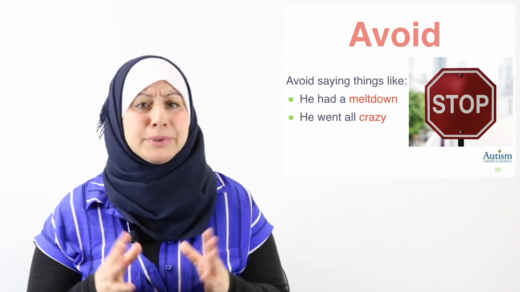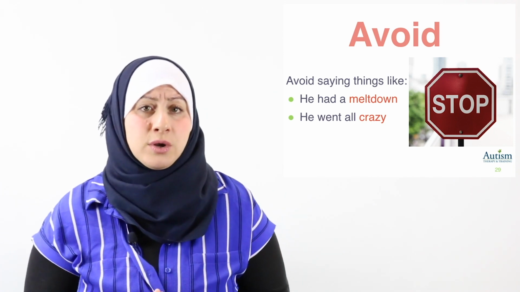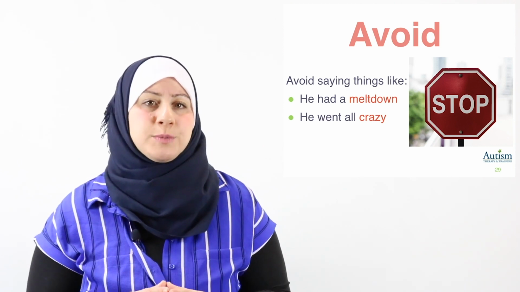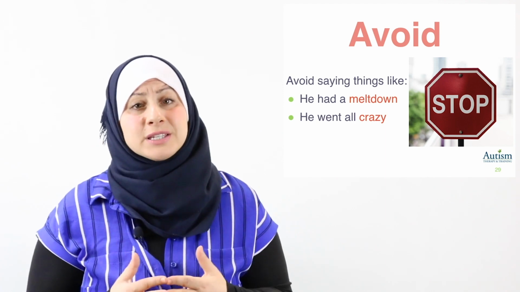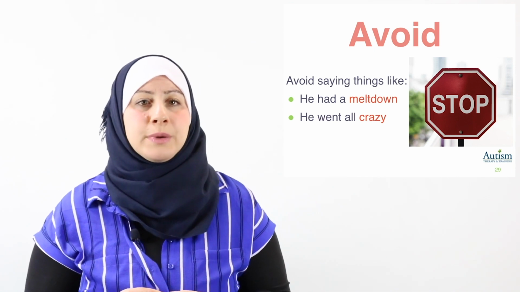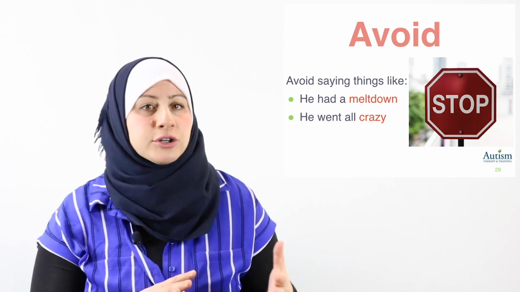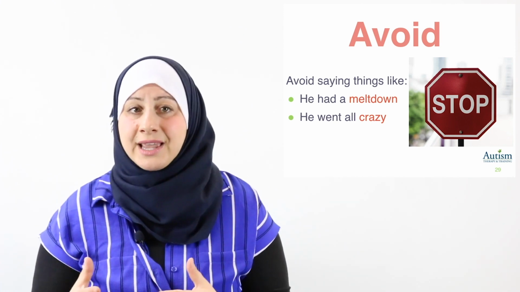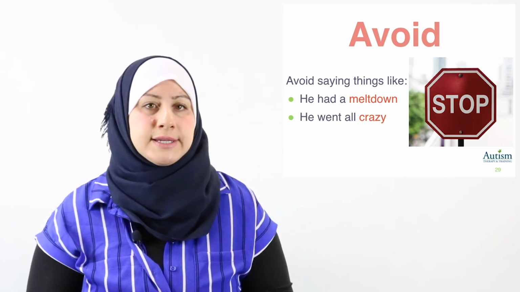And please, please, please avoid saying things like, he had a meltdown. One, I don't think it's a professional way to speak of someone's behaviors. I personally don't like saying that about clients because parents may get hurt by this. Using these kinds of words and that kind of language may really hurt parents. And many parents do say things about their children, that they had a meltdown, but what a parent says and what a professional says are two different things. Or saying something like, oh, he went all crazy on me.